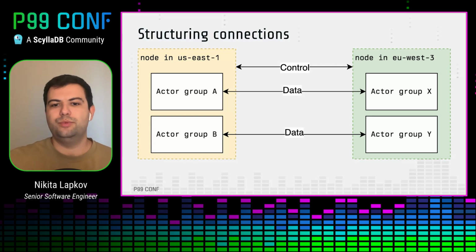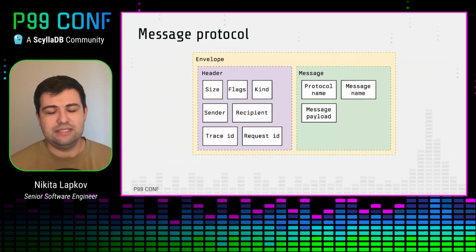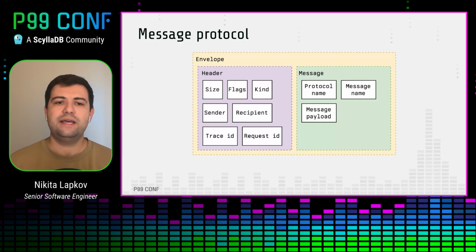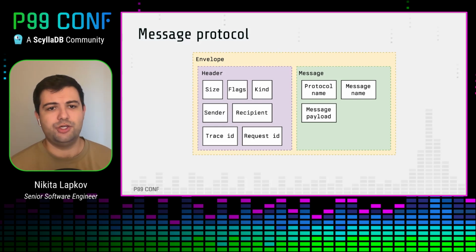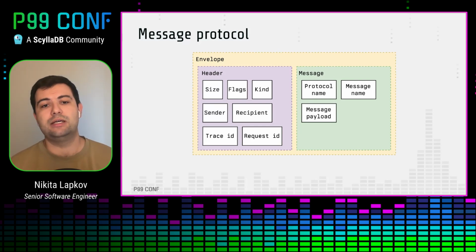So let's take a look at how we encode them. Each of the messages in the system is represented as a Rust struct. So in our Rust code base, we have a struct which has some macros on top of it, which allows us to later encode it as an envelope. You can think of an envelope as a byte stream with a certain structure. First of all, it has a header which stores a bunch of useful information, such as the address of the actor who sends the message, the address of the actor who receives the message, a trace ID to support certain observability features, and a bunch of other information.